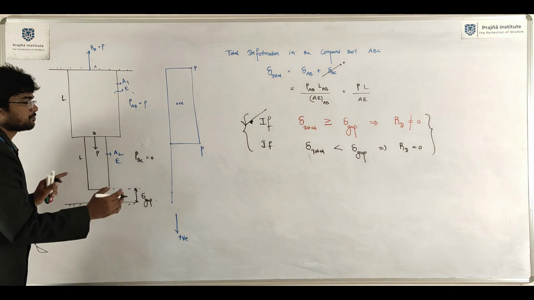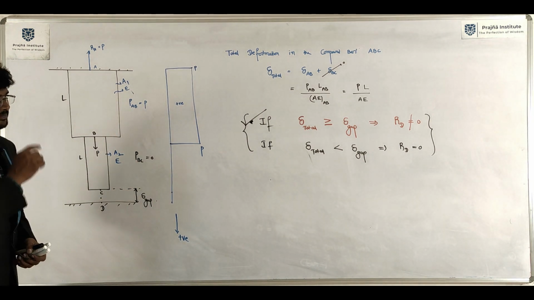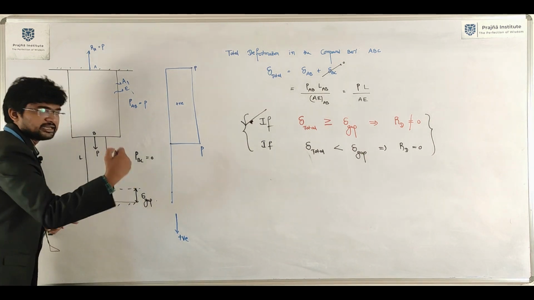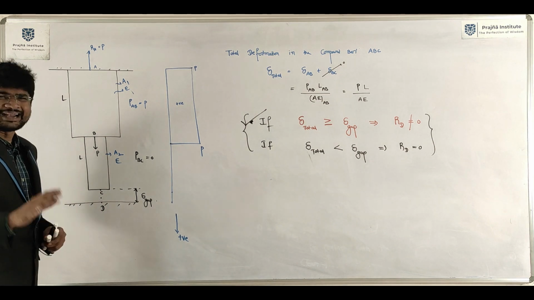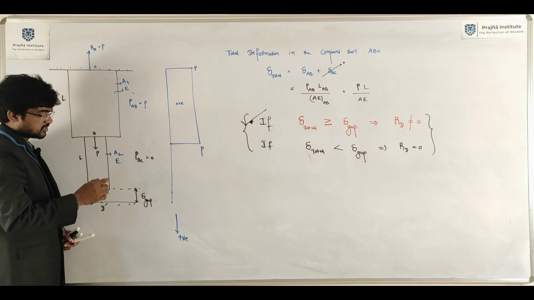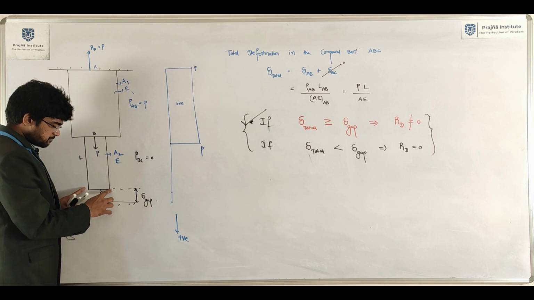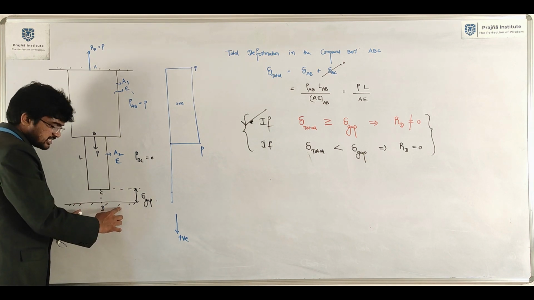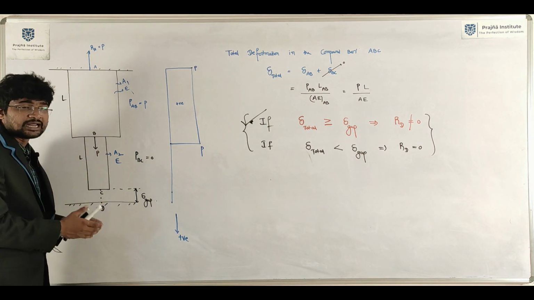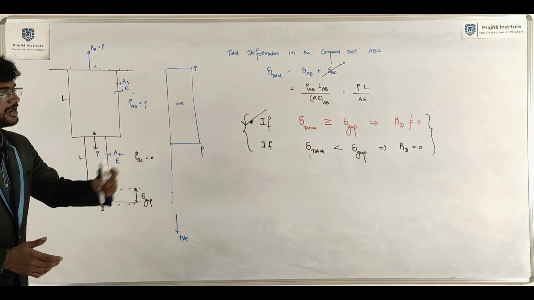How to determine support reactions we need to discuss now. First write down up to here. This is checking only, just to check whether the support reaction exists or not. Understood now? It's very simple. It depends on the C point, whether C point touches D point or not. Whether this particular end touches the support or not can be decided by determining delta total, the deformation in the compound bar ABC. Write down.